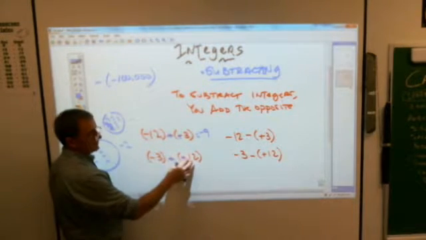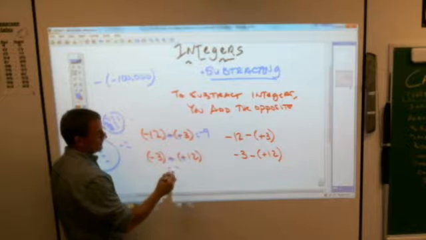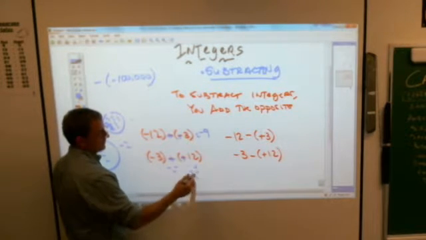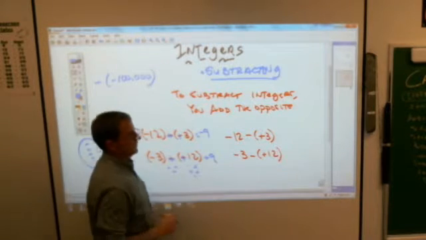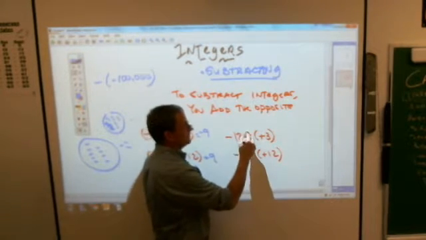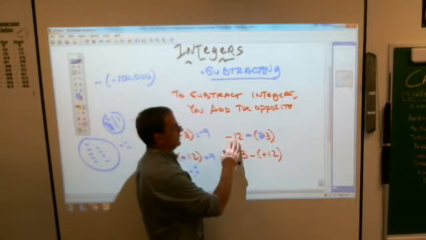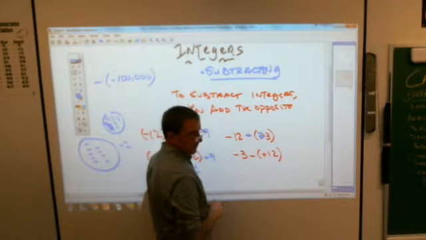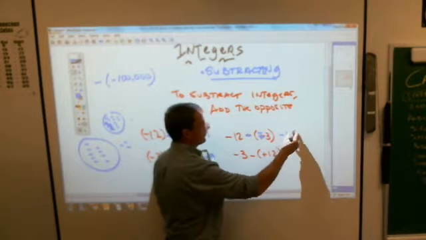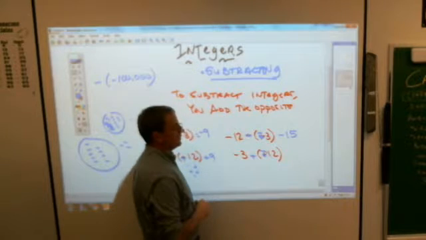A negative 3 plus 12 would be what? You have 3 negatives, you have 12 positives. You're going to end up with a balance of positive 9. Same thing here. Change this to its opposite, which makes it a positive. Change this to its opposite, it makes it a negative. If I have a negative 12 plus a negative 3, Charles? Negative 15. Same thing here. Opposite, opposite. Negative 3 plus a negative 12,